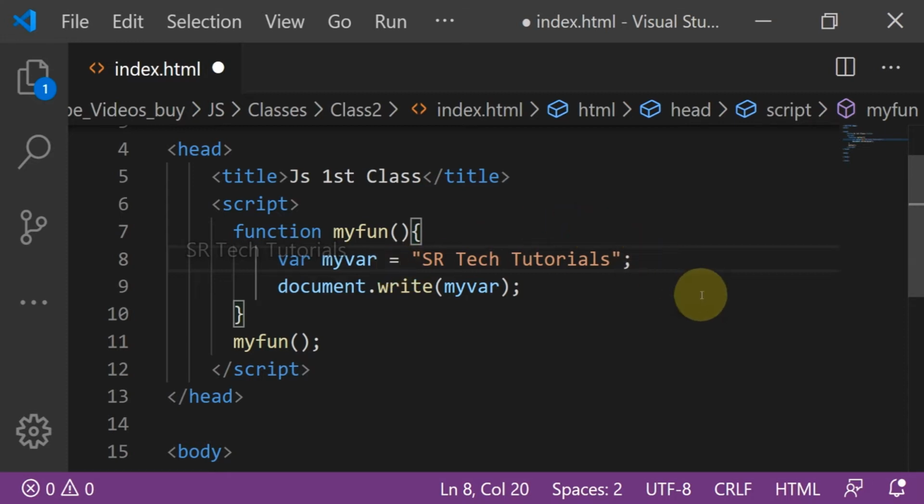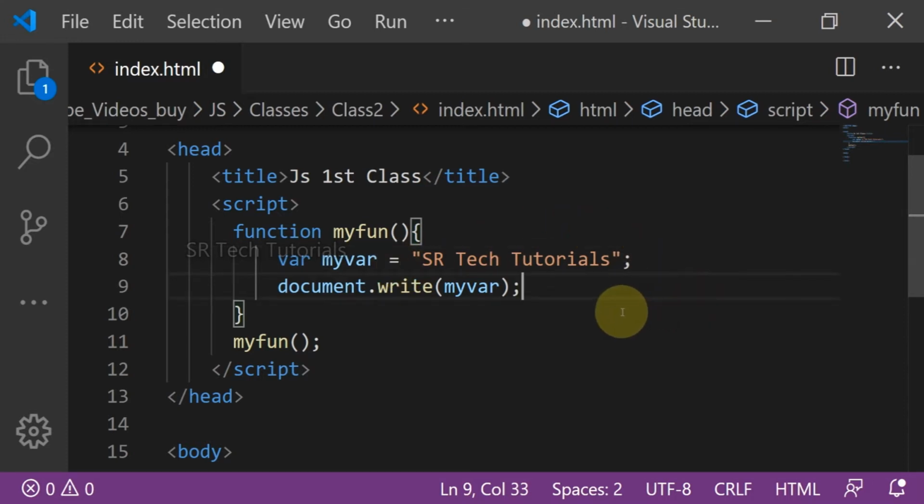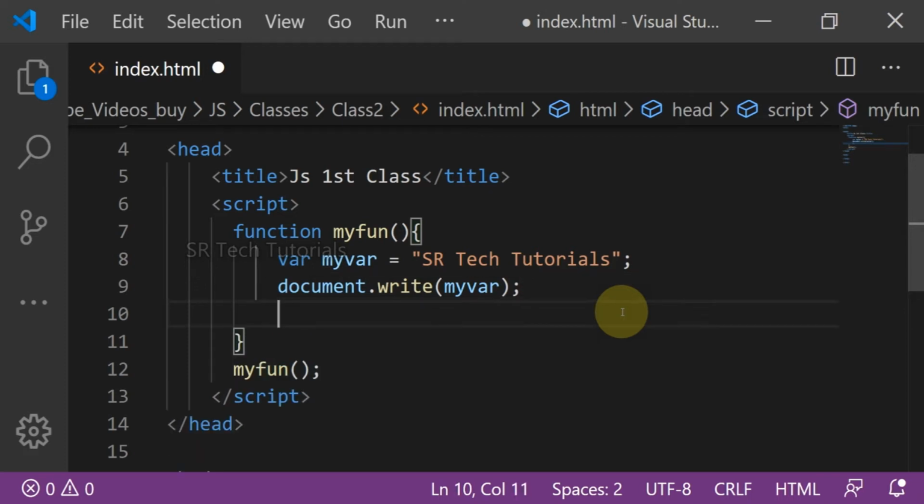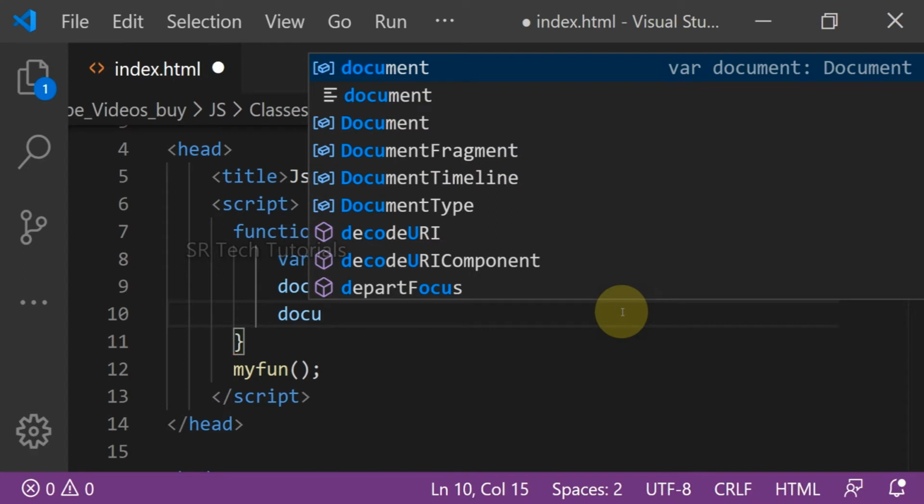But we should know which data types are assigned to our variables. So to check which type of data is assigned to our variable, we have an inbuilt function in JavaScript, that is typeof. Here I am giving a clear explanation of that.